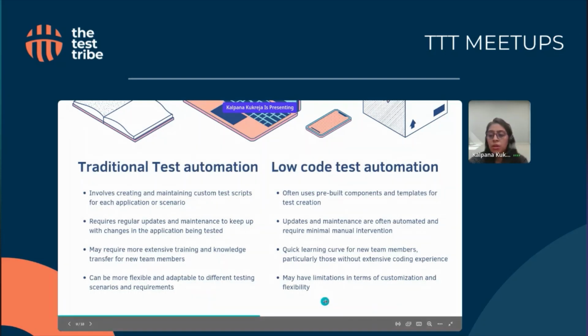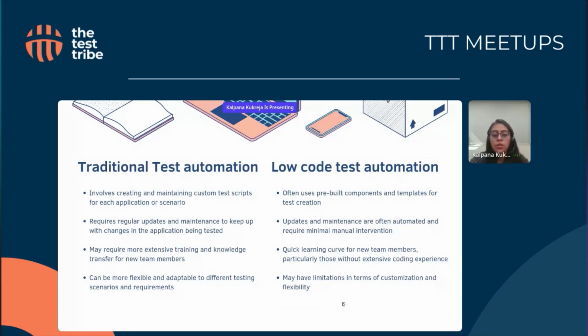Now when we talk about traditional versus low-code test automation, we all know, right? Test automation is not new. It is not going anywhere, even as codeless tools become more prominent. That's because automation helps brands to move faster and meet the ever-moving target of building and testing software that is both high in quality and able to be released to the end users quickly.